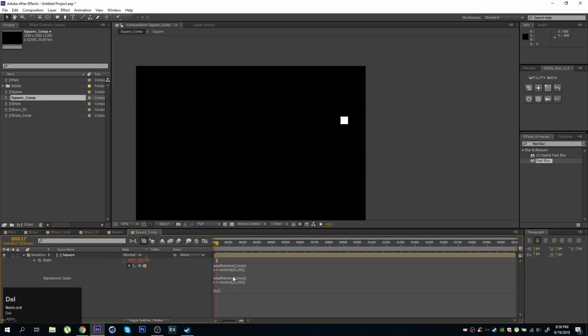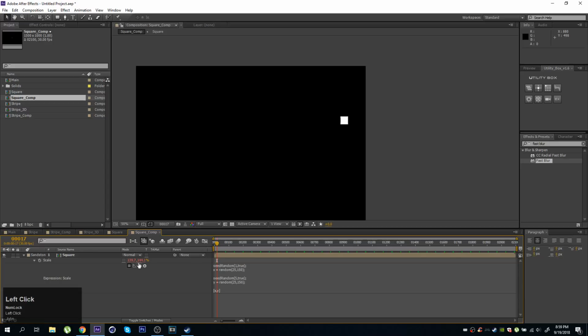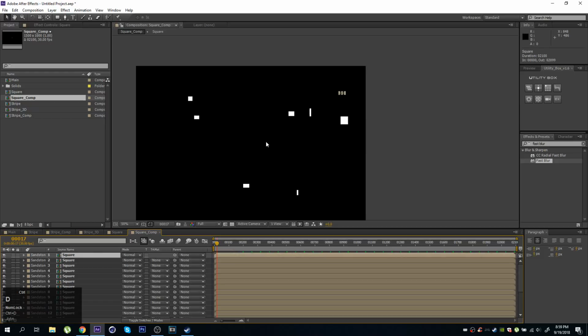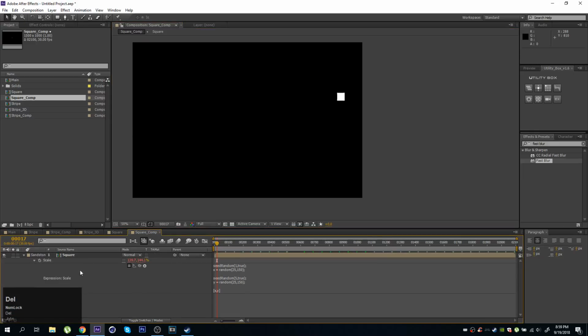So I don't want that, and in order to change this, for our Y seedRandom, we can just use a different number here, 5 or anything else, and now you can see that this is a different value. So whenever I duplicate this, now some of these will be stretched, and just create a more interesting effect. Let's delete these, and one final thing for this square layer is